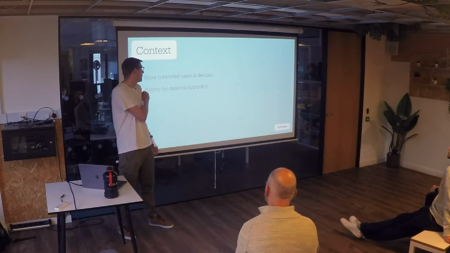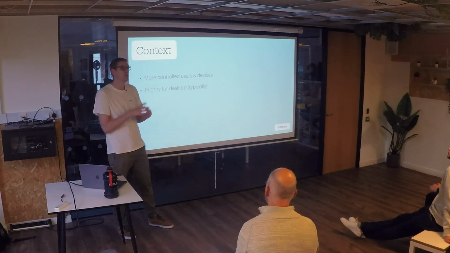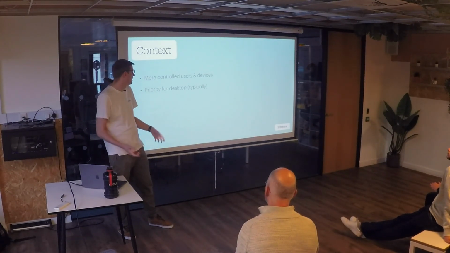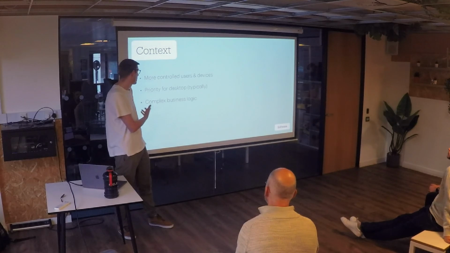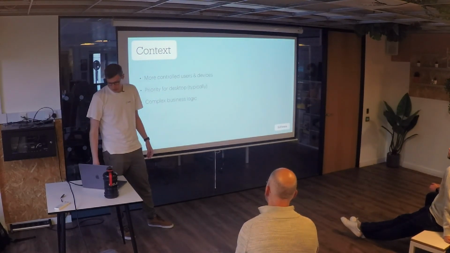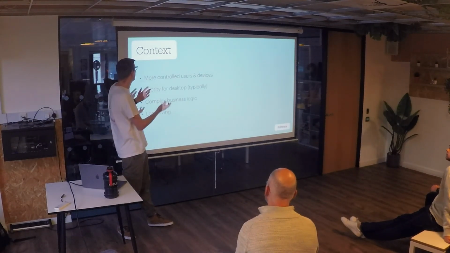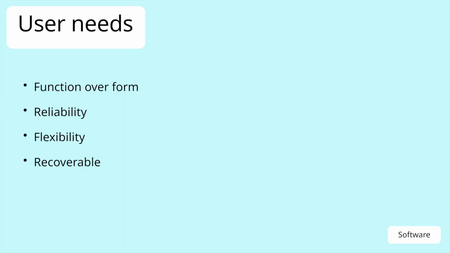Typically there's more of a priority for desktop, rather than mobile first. There's not always; sometimes mobile and tablet is really important, but a lot of the work that people have been doing on these systems is desktop. They often have really complex business logic and are often really long living. So that's some of the context of things we need to think about for software. As for the user,